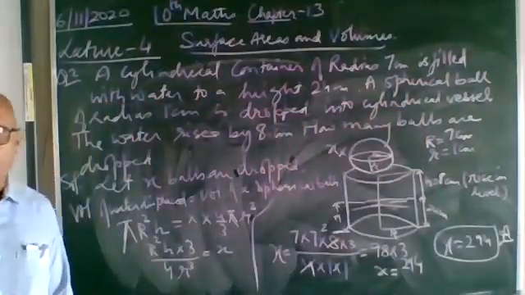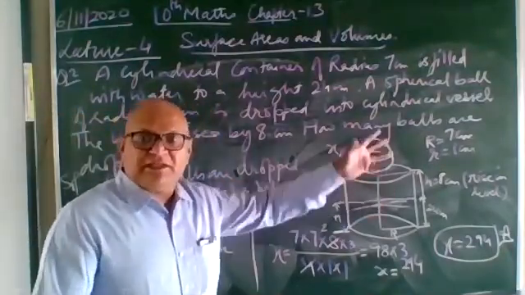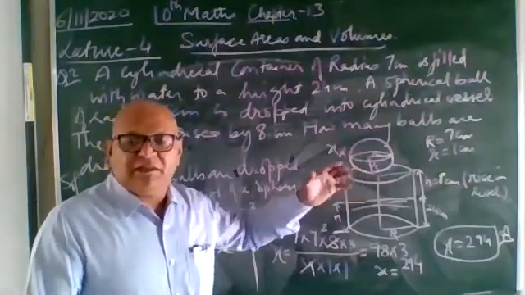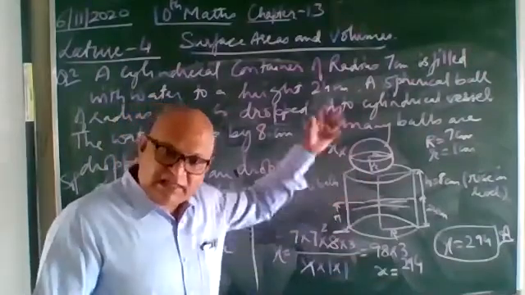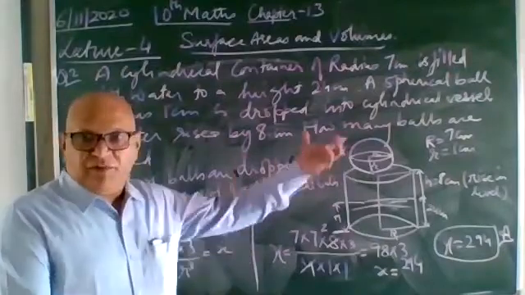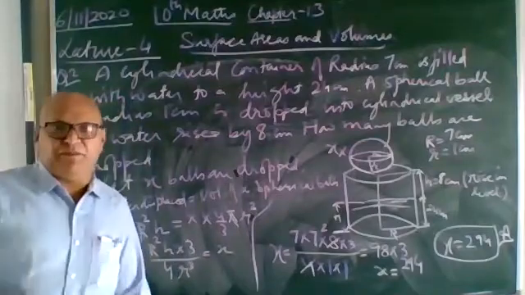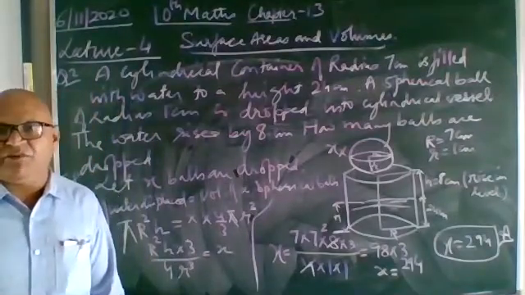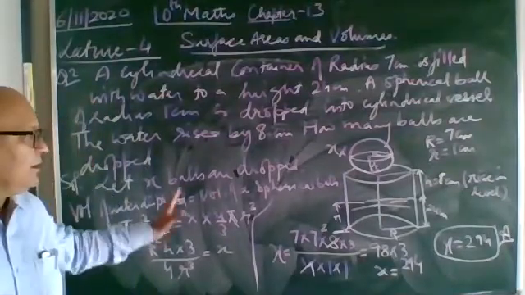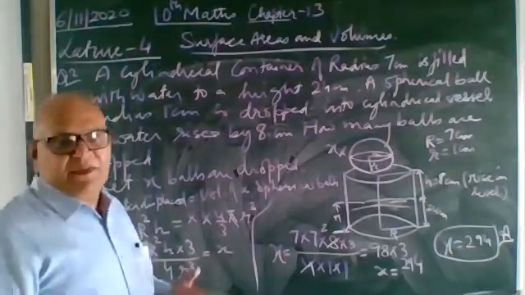So, variety of questions. Now the object which is dropped may be a combination figure. A toy object is a cone mounted on a hemisphere that is dropped. So the volume of water displaced will be the volume of cone plus volume of hemisphere. If you go to the books, you will find that a variety of questions are there. So this is today's topic, and for the next class you remember.